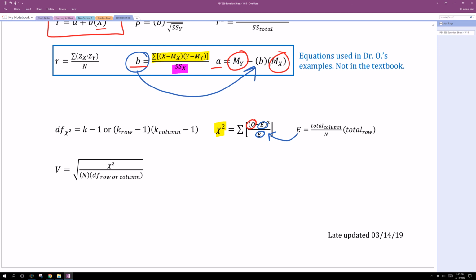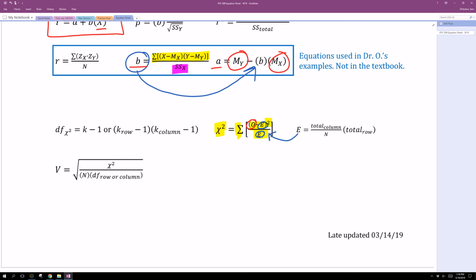Okay. And then for each category in your table, you do observed minus expected, then you square it, and then you divide by expected. And you do that for each cell in your table, and then you add them all up, and that is your chi-squared score. Okay. Now, looking at the degrees of freedom equation,